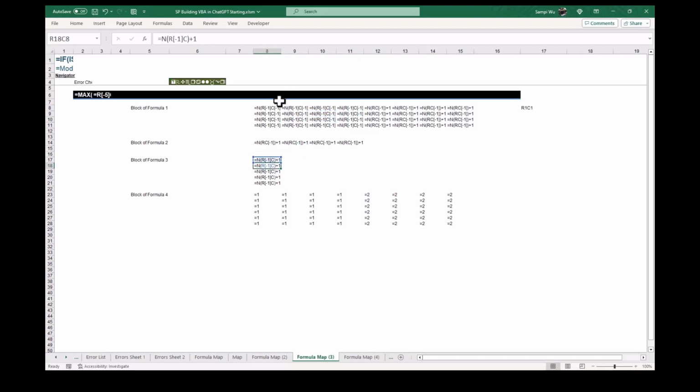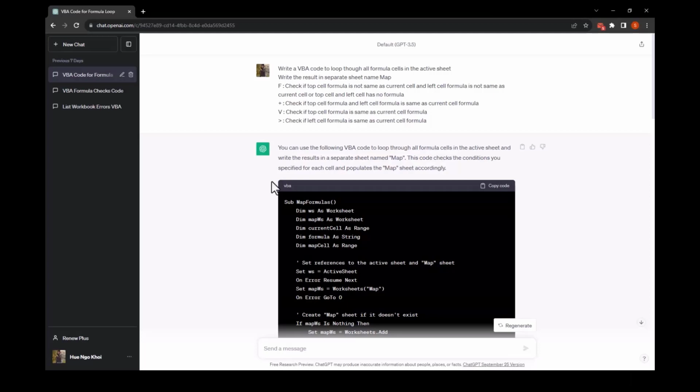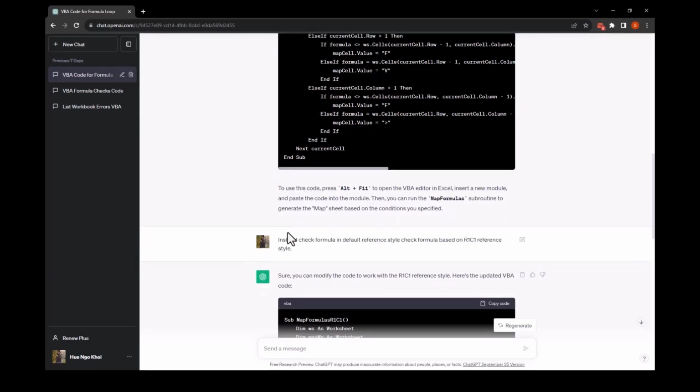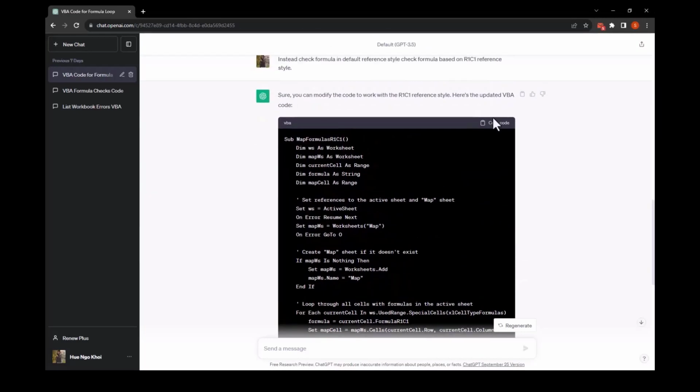Now, with it, all we need to ask ChatGPT is to check all the formulas in R1C1. So let's go to our friend ChatGPT. The next prompt I'm going to ask it is, instead of checking formulas in the default reference style, check the formulas based on the R1C1 reference style, and it gives us this beautiful code. Let's copy it and let's go to